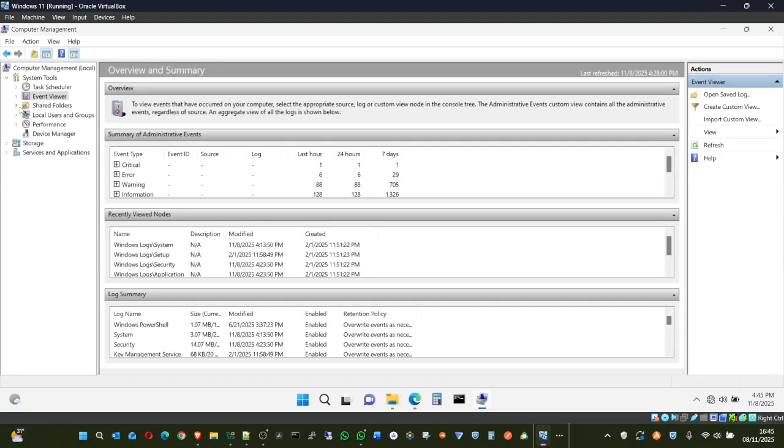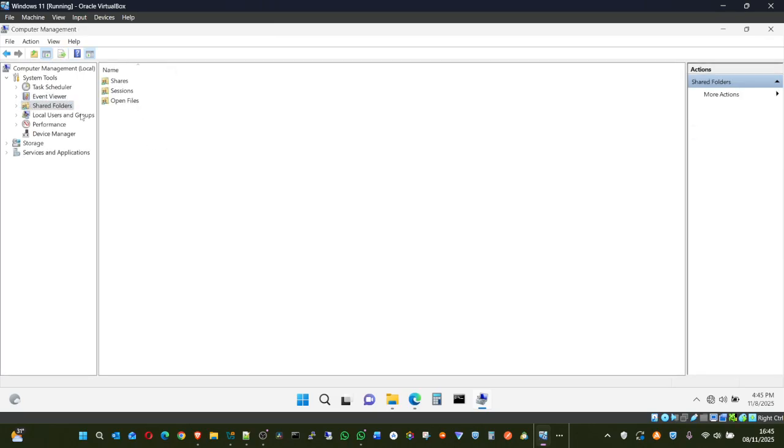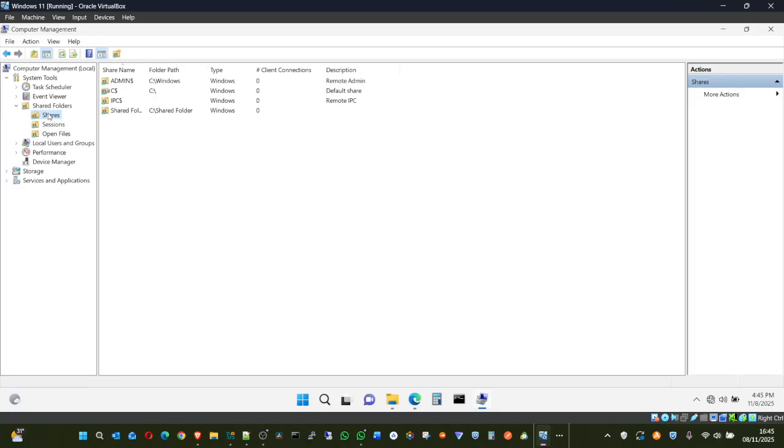And now let's look at shared folders. Sometimes you may have a folder shared on your system. This is where system administrators, we always say system administrators have access to your computer remotely.